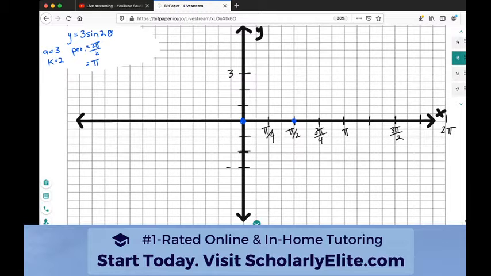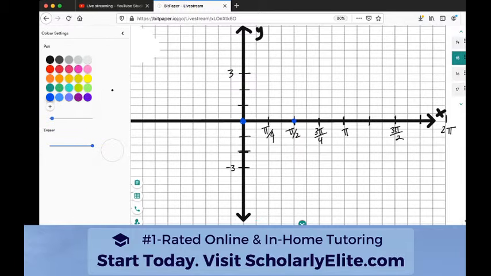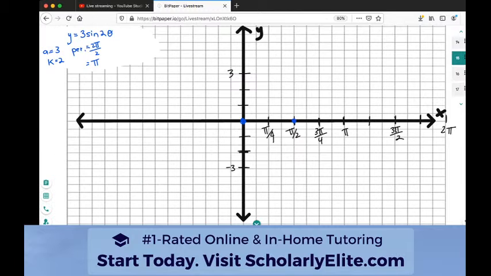So this is negative 3. So again, this is going to go all the way up to 3, all the way down to negative 3, and because we know that it has to come back to pi, and we know how the original graph looks,